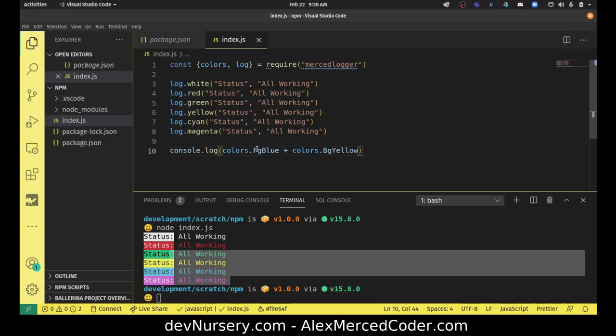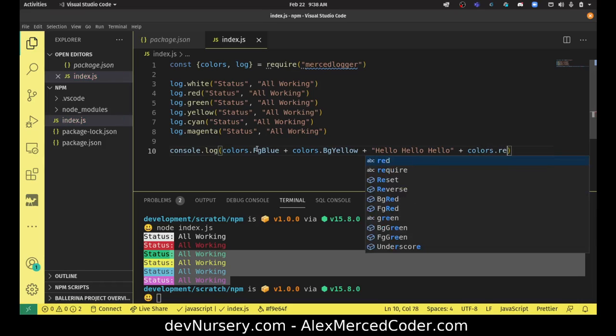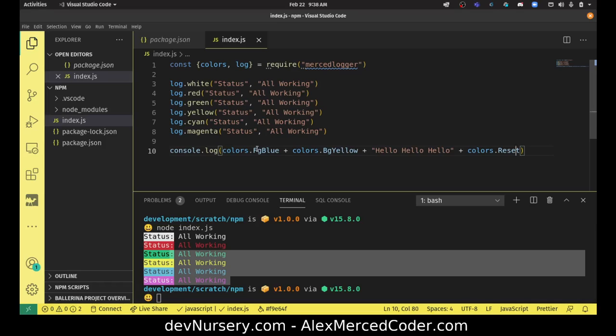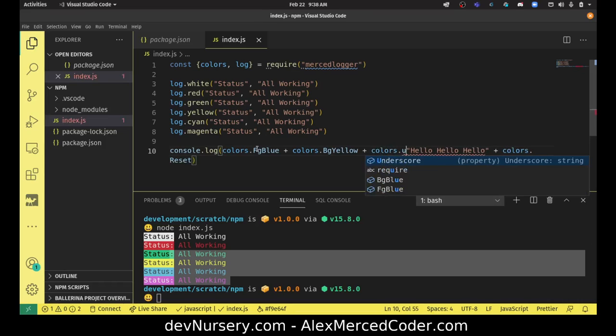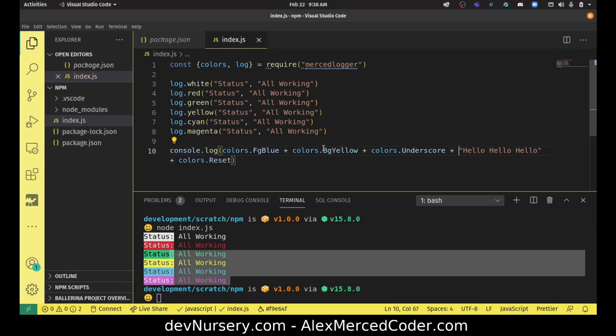It's gonna look ugly. Then we would add any text that we want. Hello, hello, hello. And then you would need to add the reset so it doesn't apply to all other text in the terminal. So then it would be a color dot reset. And I think you could also even add other things, like colors dot underscore, yep. So you can even add that. So this will apply the status, and then this resets it at the end. So then if I do this,